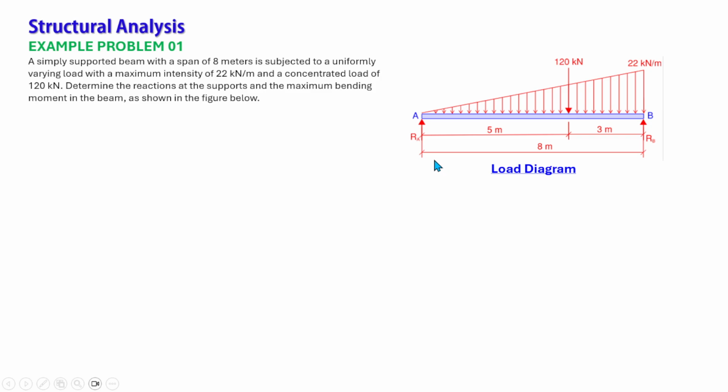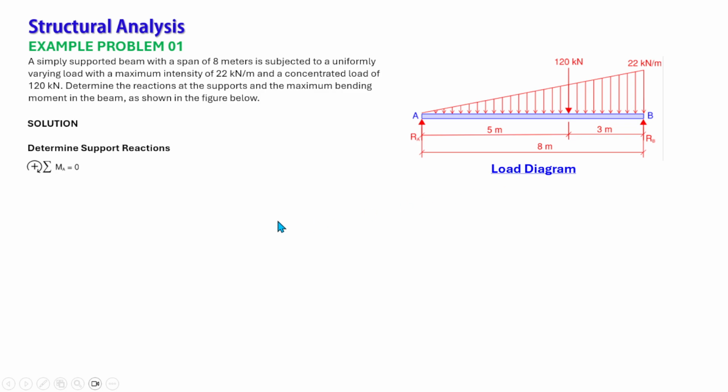A simply supported beam of 8 meter span is subjected to a 120 kilonewton concentrated load and the uniformly varying load, which is 22 kilonewton per meter. So let's start with our solution. First of all, we need to determine the reactions at the supports. So if we sum up moments at point A,